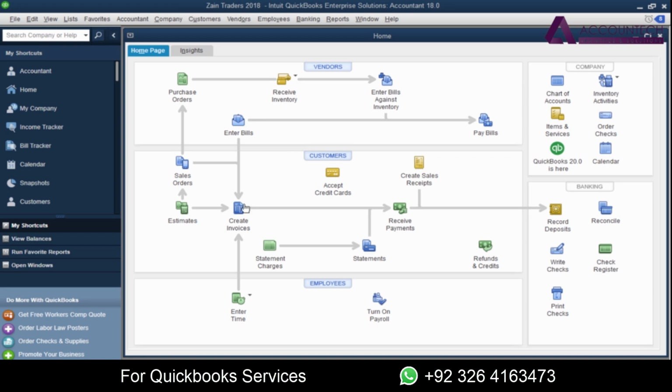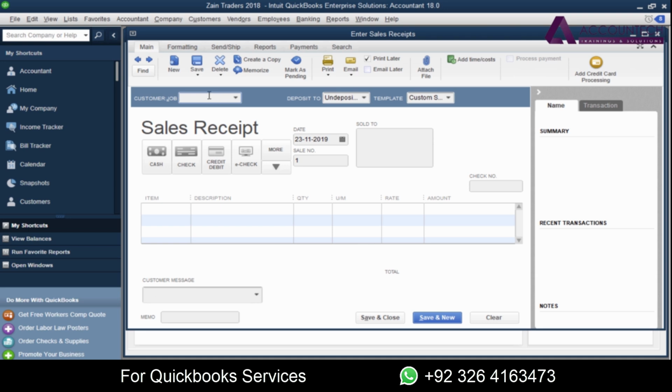Now, if we talk about invoice, it means it is on credit. But if we make the cash sales, we will use sales receipt. Means we sold the item and we receive back the amount for that item. So create sale receipt. Customer is, you can mention walk-in customer